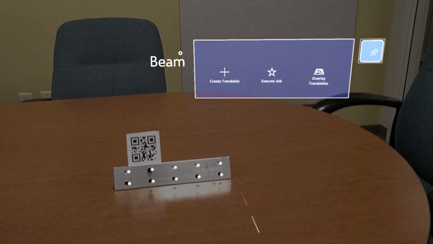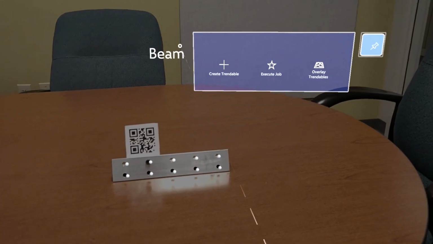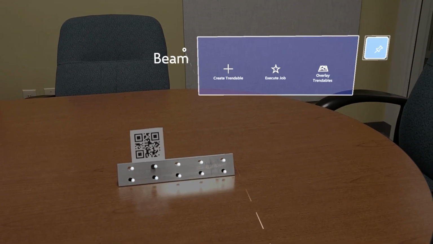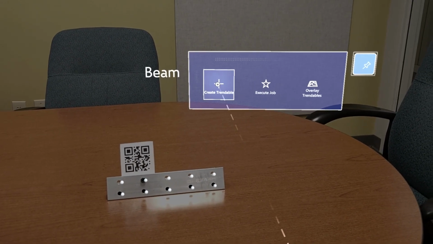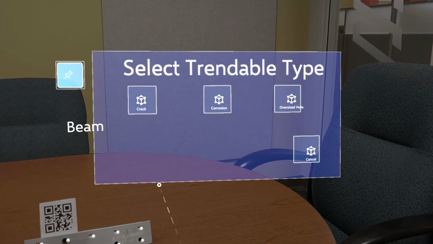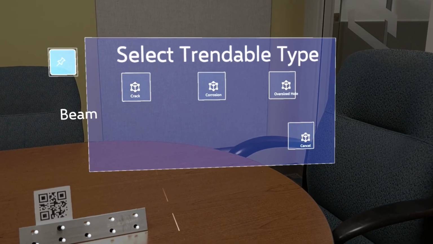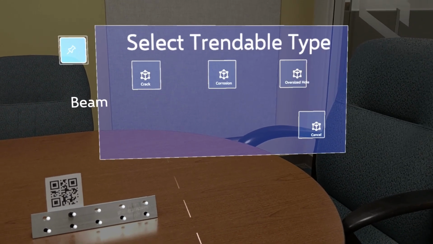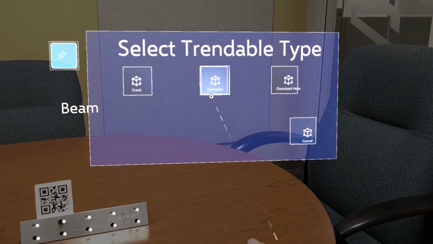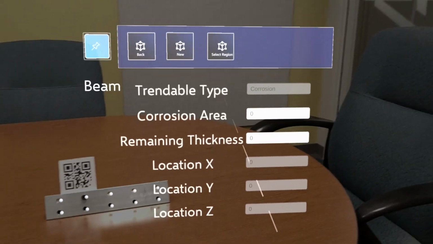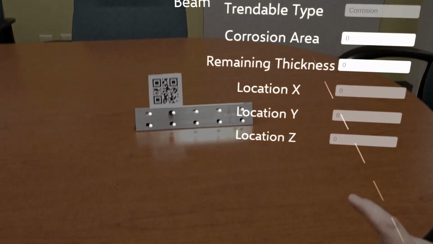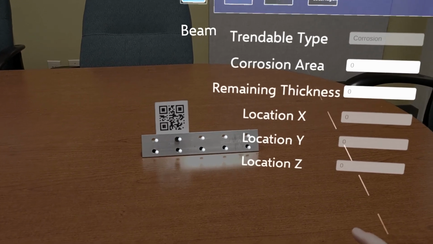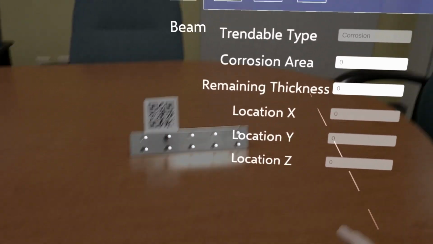Next, I will show how Trendables can be created on the HoloLens in a more ad hoc manner. First, I will click on the Create Trendable button. I'm immediately presented with the Trendable type selection form. Assume now that I have detected an area of corrosion on the part, so I'll click the Corrosion button. I'm presented with the Trendable form configured for corrosion Trendable types, including fields for the area of corrosion and remaining